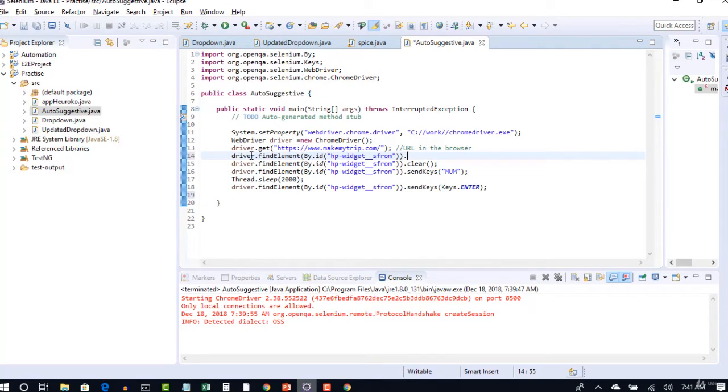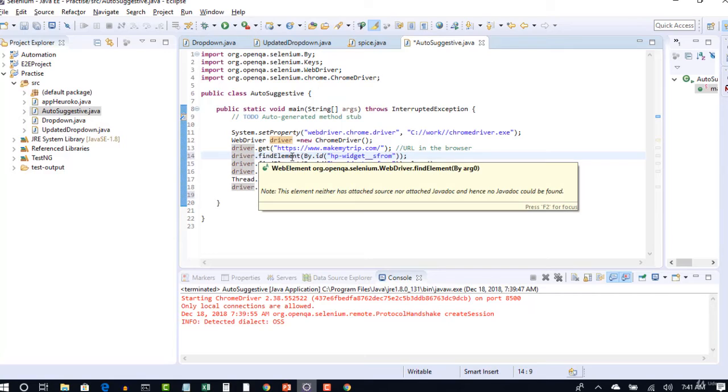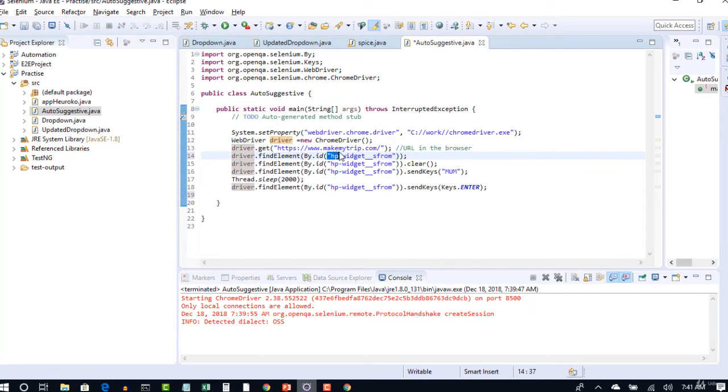So I'll put it here. What is this? This is nothing but a web element in Selenium language. Okay. So when you figure out an element using any locator, that element is nothing but a web element. So web element source. Source is a variable.